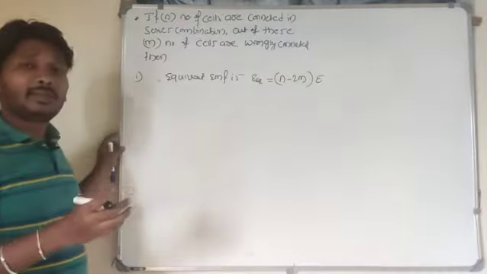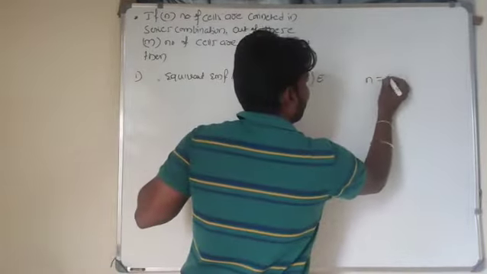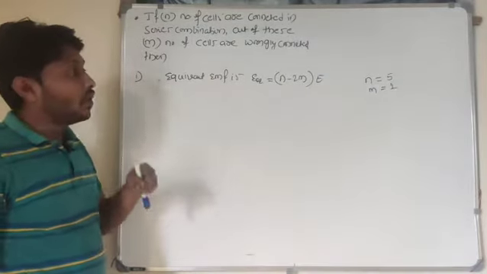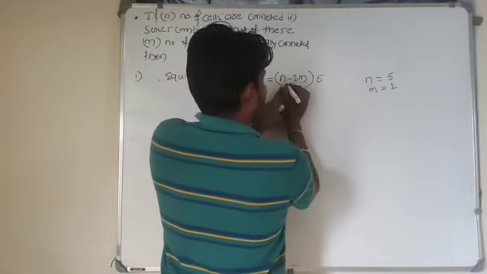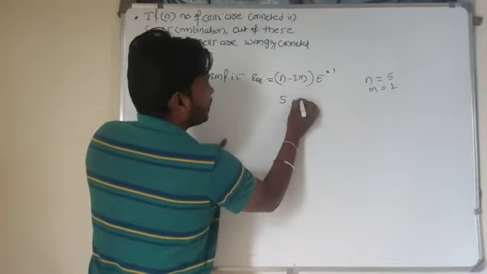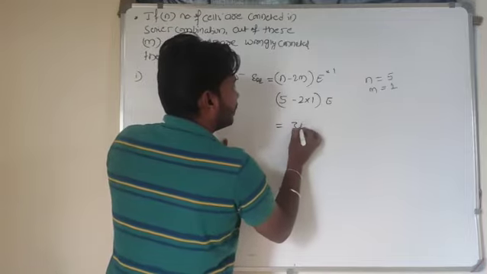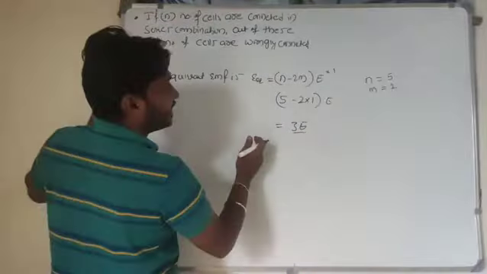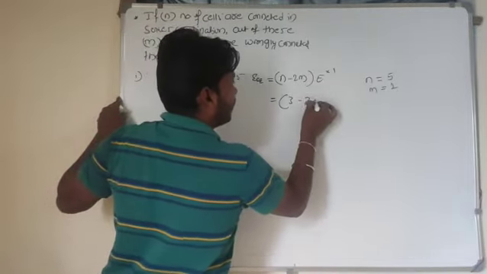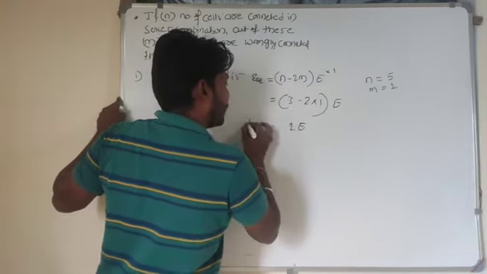So why have I written (n minus 2m) into E? Remember, in the first example I took 5 cells, and out of 5 cells, 1 cell is connected wrong. How many cells remain here? Only 3 cells. So n means 5 here, and each cell's EMF I can take as 1 volt. So 5 minus 2 into 1, into E, is nothing but 3E here. In the second example I took 3 cells, and out of 3, 1 is wrongly connected. 3 minus 2 gives 1E here. So 1 cell remains the same.